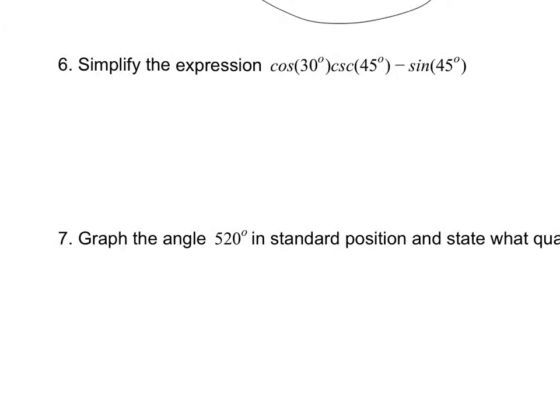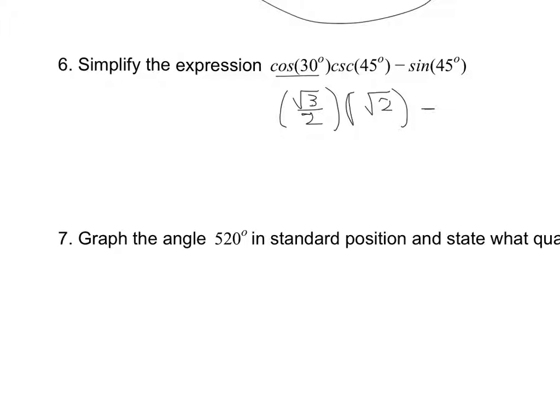Let's look at number 6. 6 is a problem from section 8.3 where we had all these different exact values. So really all I have to do is look at my chart to see what some of these values are. For example, the cosine of 30 is the square root of 3 over 2. And you can refer to your notes for that chart and how we got all these exact values using those special right triangles. The cosecant of 45 is the square root of 2